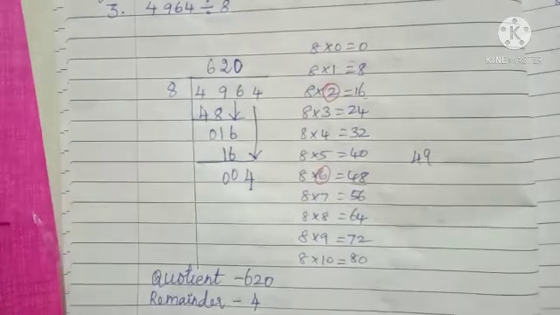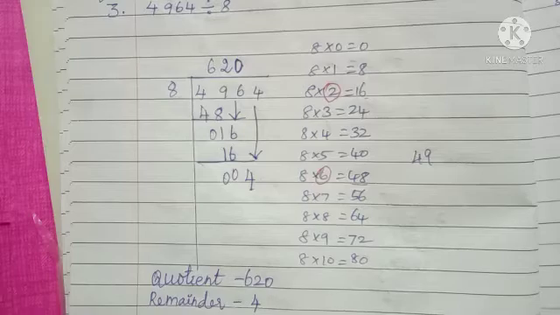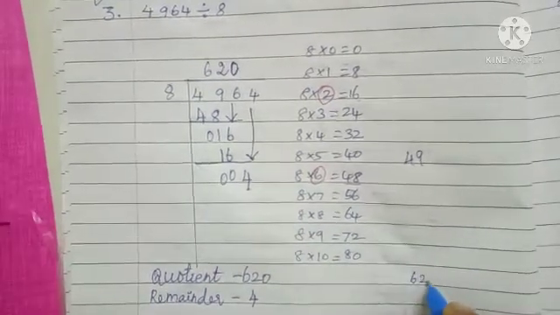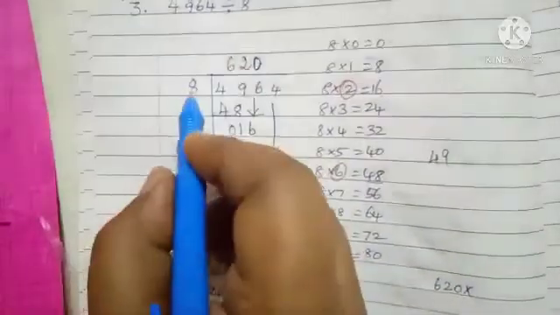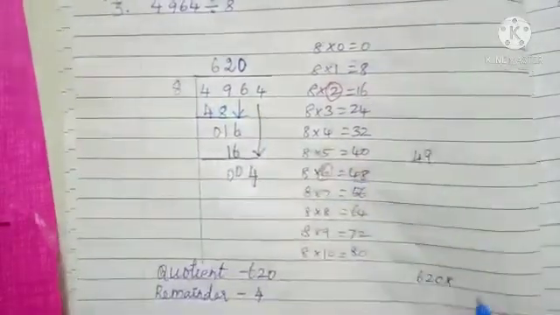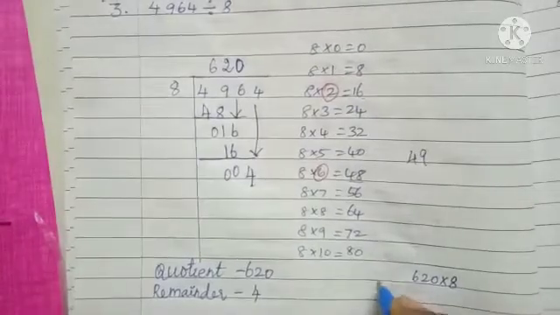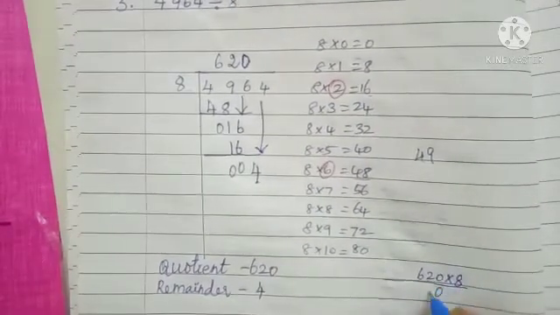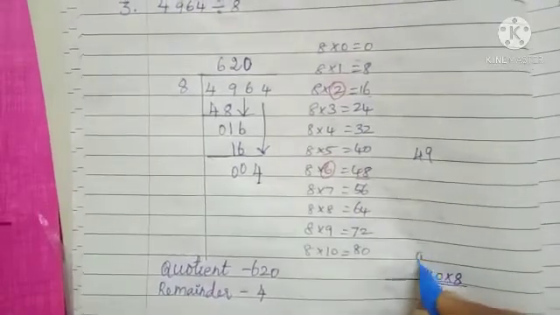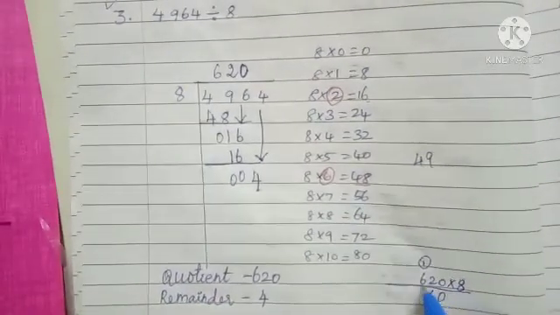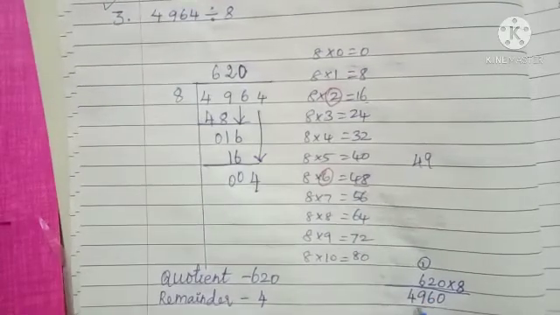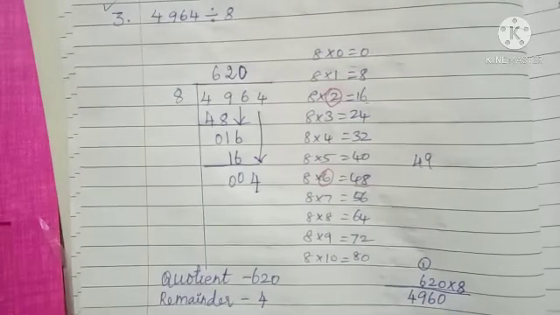Okay, once you check whether the sum is correct or wrong. So 620 is the quotient. Multiply by the divisor, 8. So the same number you do multiplication. 8 zeros are 0. 8 twos are 16. 6, 1 is carry over. 6 8s are 48 plus 1, 49. So 4960 we get now.